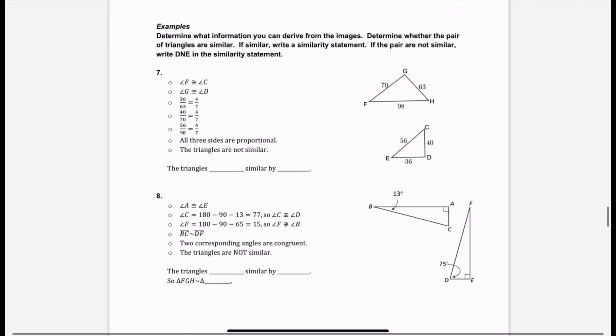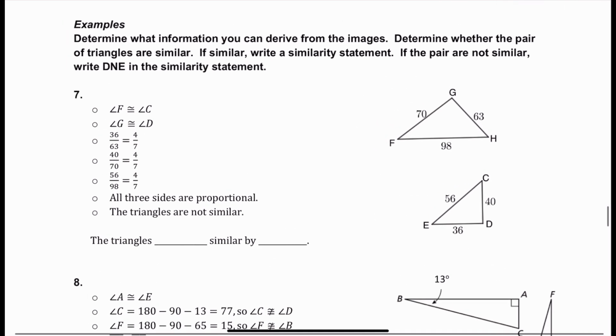Okay, now 7 and 8 are very similar to questions on your homework. We're going to determine what information you can derive from the images. Determine whether the pair of triangles are similar. If they're similar, write a similarity statement. If the pairs are not similar, we're going to write does not exist, DNE. Let's write does not exist